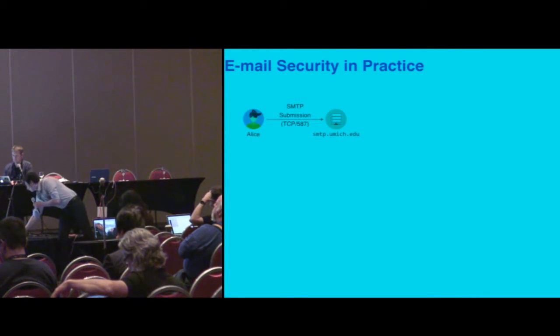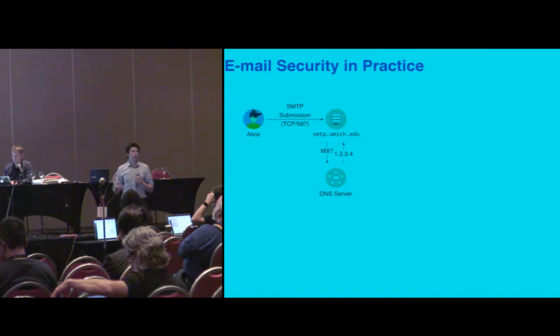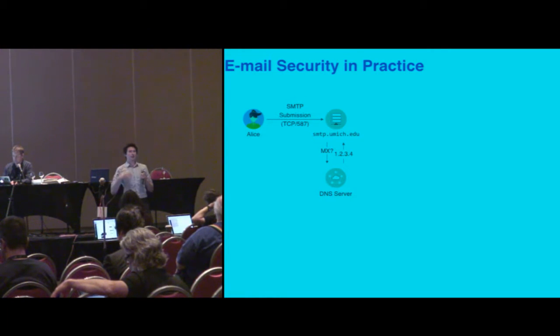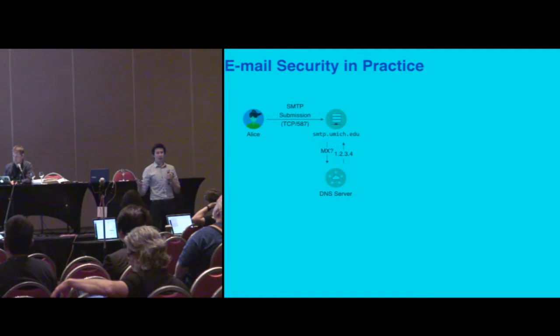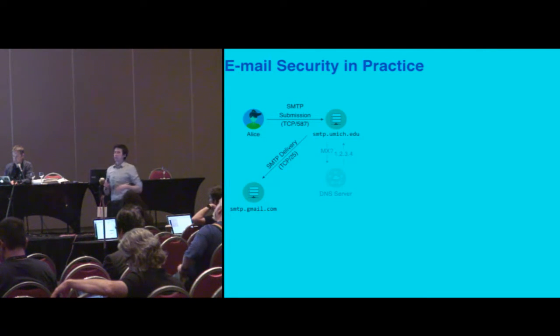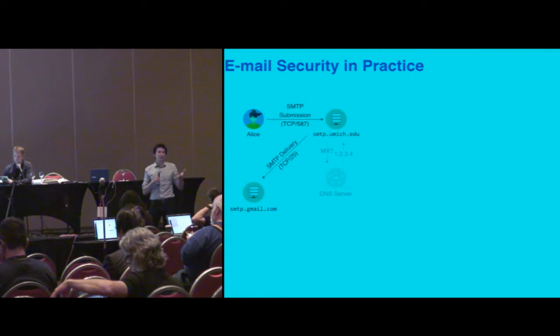After that, that server does what we call an MX record lookup for the destination domain. It essentially says, I am trying to send mail to gmail.com. What server should I send it to? It sends this mail exchange request, and Gmail's DNS server says connect to smtp1.gmail.com. It does a second resolution to find the IP address of that server, at which point it initiates a connection to the SMTP server for gmail.com over what we call SMTP delivery. These two SMTP protocols are nearly identical but operate on different ports and are just responsible for a different piece within this puzzle.